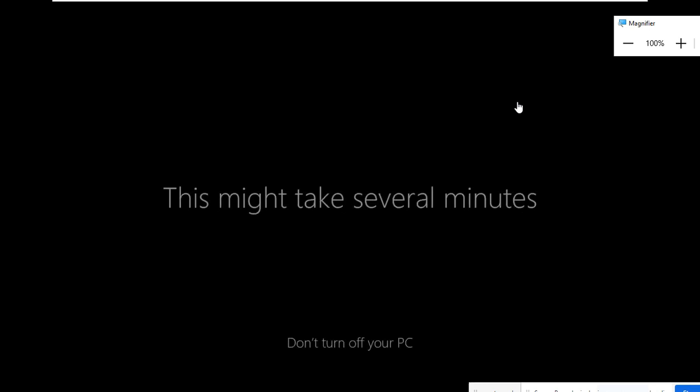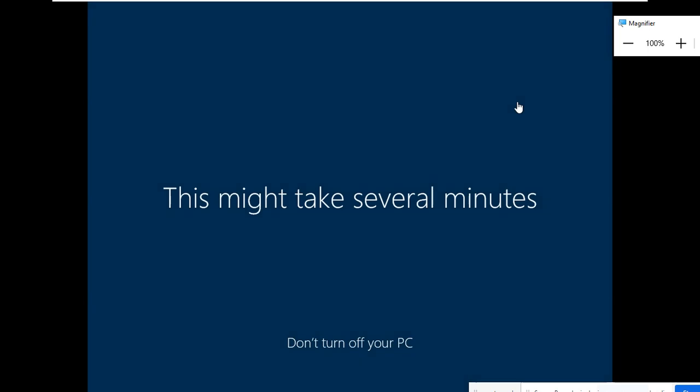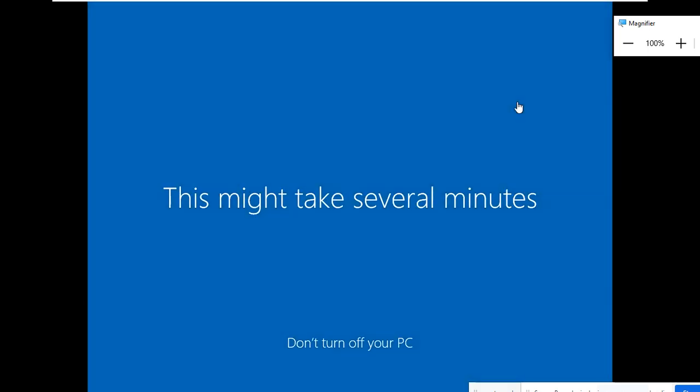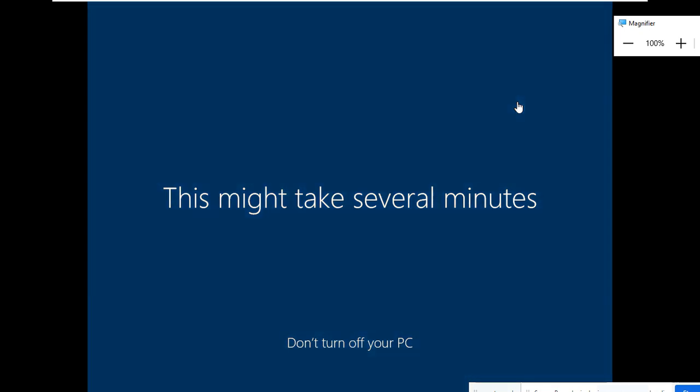Now this is a common thing for both Windows 8 and 10. It will take time. First time you are creating an account, so the account related settings and profile data will be created inside the machine. That will take time.